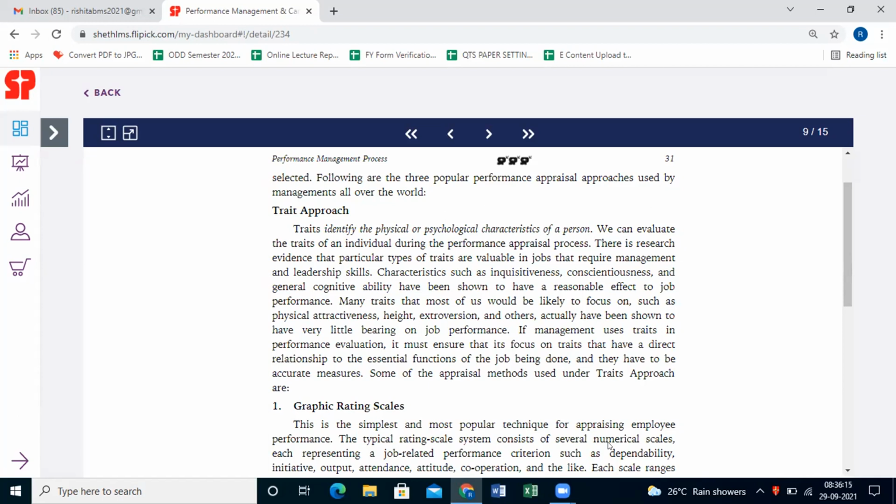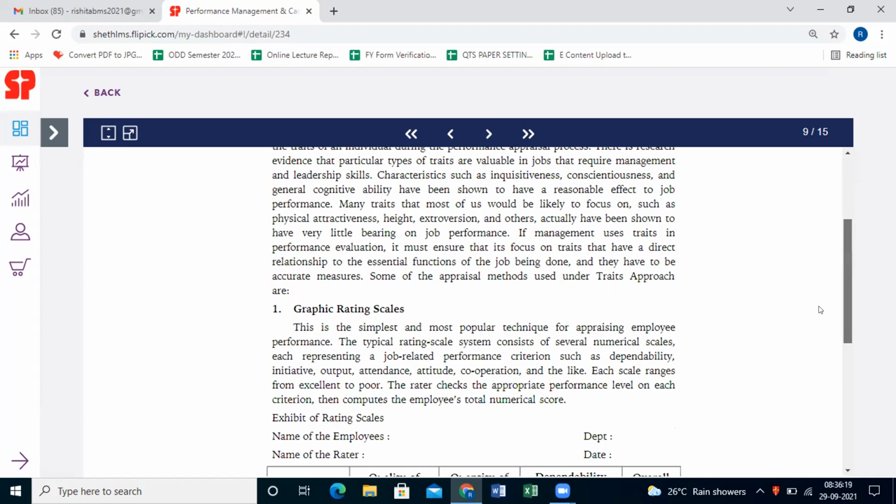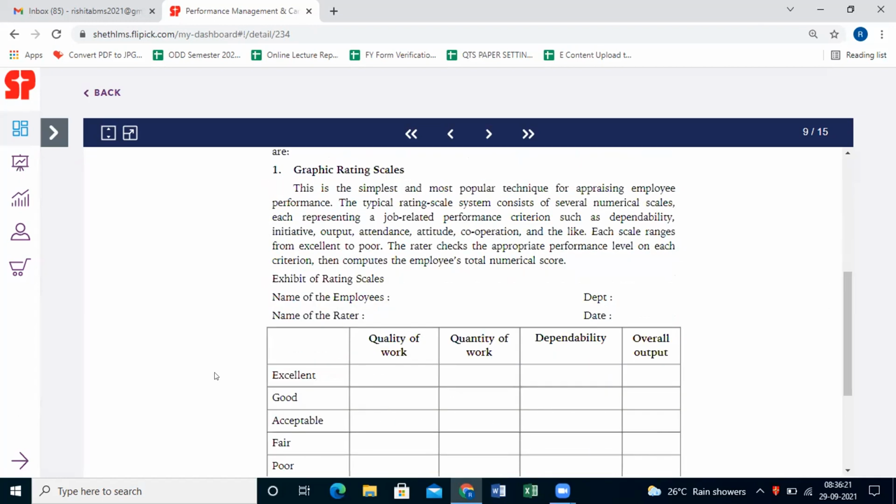The very first method is the graphic rating scale. The format is very simple. You are listing down the parameters like quantity of work, quality of work, dependability, reliability, and so on. And you are deciding the ratings like excellent, good,